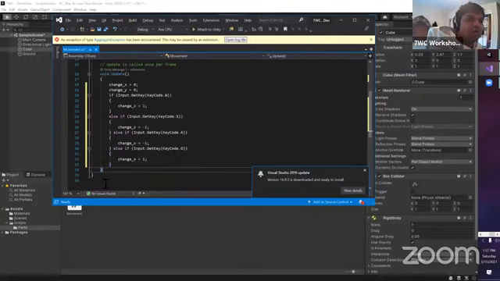And now we want to actually see this in motion. So what we're going to do is we're going to say this.transform. So what this does is it gets the object that this script will be attached on, and transform gets the transformation component of this object, right? And if you look here, we saw that